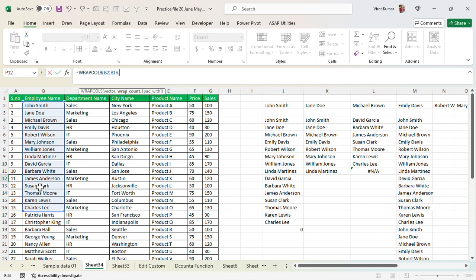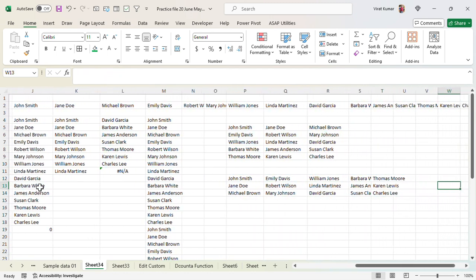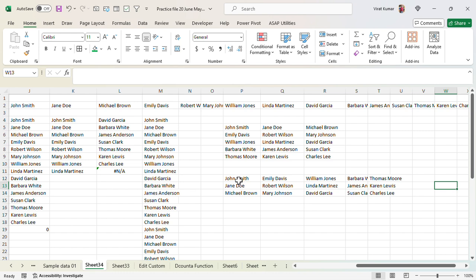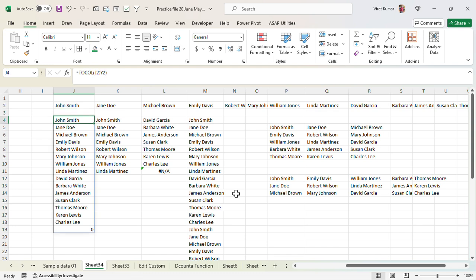I want to convert it into 3 and hit enter and see. So I converted it into 3, 1 2 3. Okay, so this is the rep cols, and this is the rep rows, and this is your to row, this is the v stack, this is the h stack. Okay, and this is your to col.